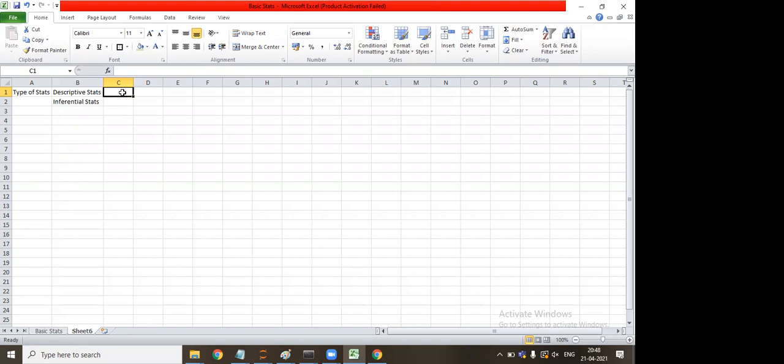For example, if I place a notebook in front of you and ask you to describe it, you will say this notebook has 200 pages, this is of this length, this is of this width, this is of this color. So you're describing that thing. In case you're describing anything with the help of statistical parameters, mean, median, mode, and many more parameters that we have learned or will learn from now onwards, it is known as descriptive statistics.